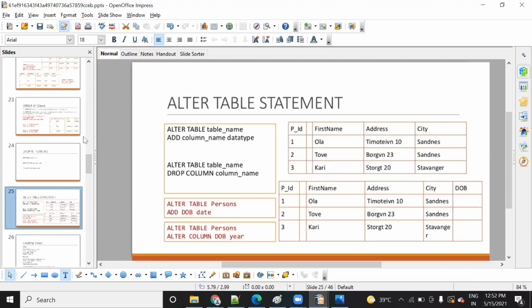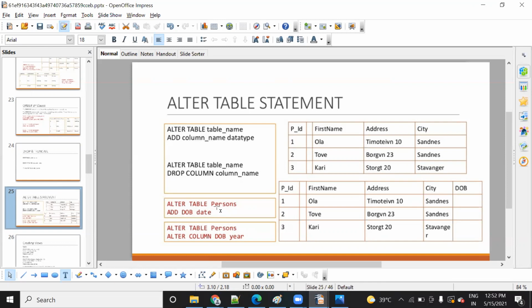Now we have seen how to drop a table and how to drop a database. We have seen how to update, how to insert, how to select a query, how to write conditions with the WHERE clause, and how to order. Now suppose you want to alter the table structure, for example add a column in future or delete a column. In order to add a column we need to use the ALTER keyword: alter table, table name, add, column name, and the data type of the column.